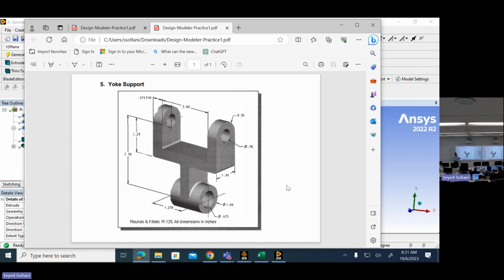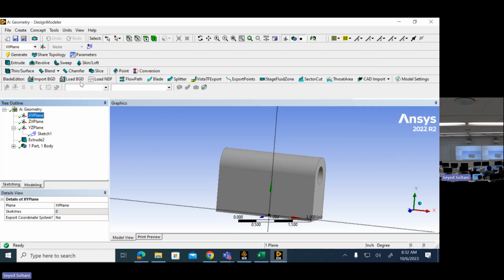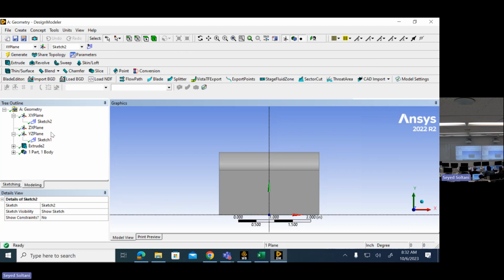But keep in mind that this happens in a different axis. So if I want to go back to the original drawing, you see the plane that I want to use, or the sketch that I want to use to cut from material, belongs to a different plane, belongs to the XY plane. Right. So then I have to create a new sketch. So this one is in the XY plane, and this is a new sketch. So I just go back to that XY plane, and I create a rectangle,